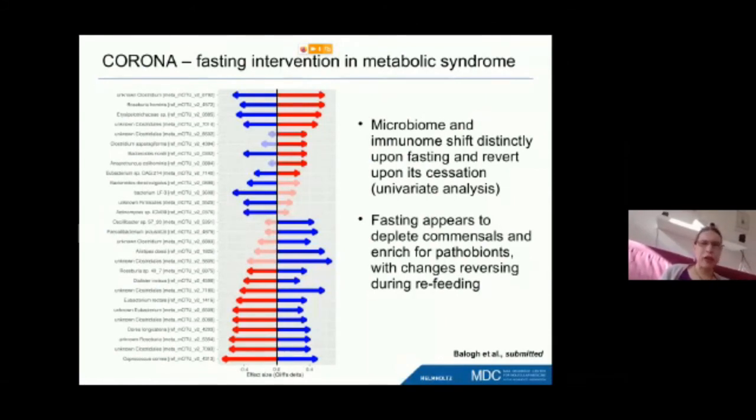And the analogy I would like to make there is what happens when someone is trying to build muscle. They perform exercise that degrades and breaks down and hurts the muscle, but under proper circumstances, regrowth occurs stronger. And this is what I think is actually happening under the fasting intervention, that the bloom of bacteria once fasting ceases is enriched for commensal bacteria that can soothe the inflammation and thereby cause a shift in the immune system towards a calmer homeostasis, which is conducive to better